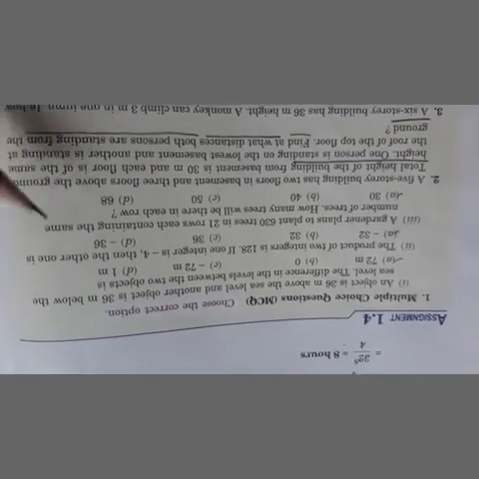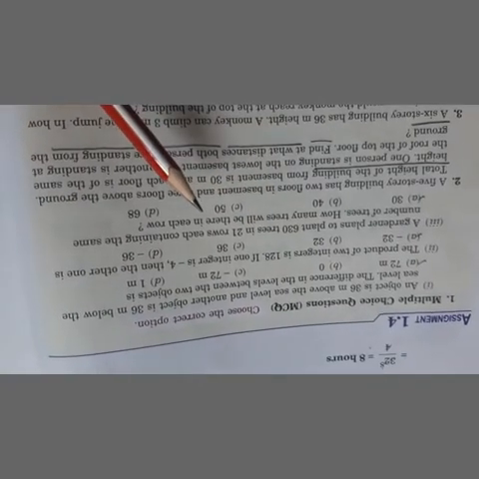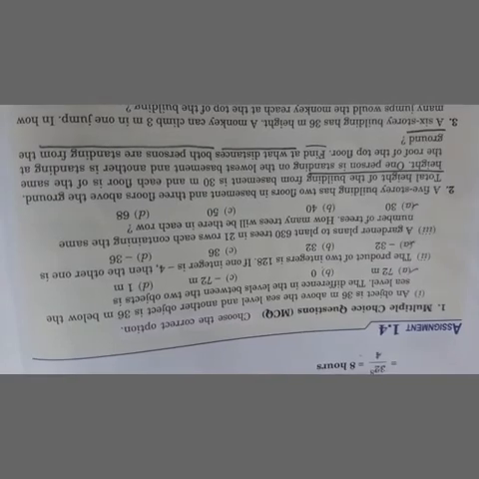If you remember what we have done in previous classes, this question is very similar to: the cost of 8 pens is given, and what is the cost of 10 pens. For this, first you need to find the cost of 1 pen, because if you know the cost of a single pen, you can find the cost of any number of pens. If we apply the same thing here, the question says 21 rows contain 630 trees, and it is asking how many trees there will be in each row. So we simply need to divide the total number of trees by the total number of rows.